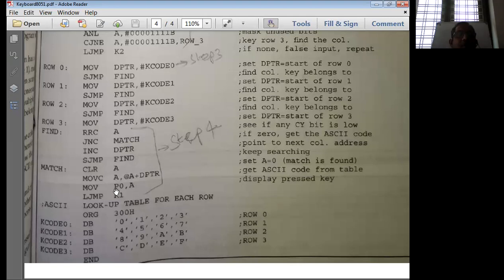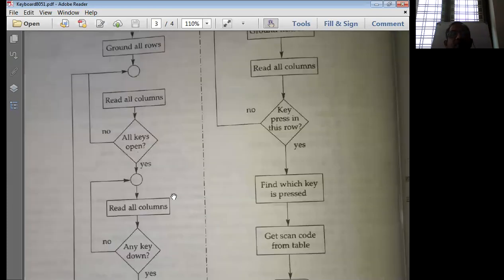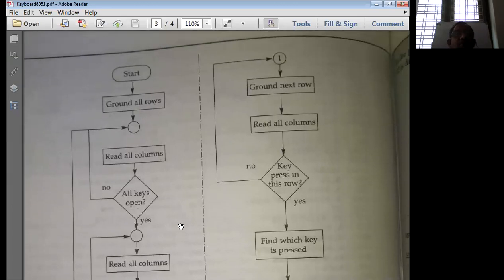So P0 register, P0 is taken as the output port. The contents of here are stored into P0, and from P0 it will be taken into the microcontroller. So like this, the program is simply executed for the number of rows in the steps. So now this can be explained by using the flow chart also.